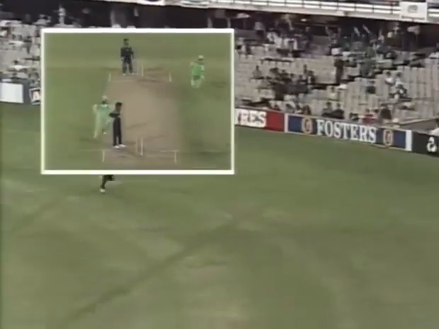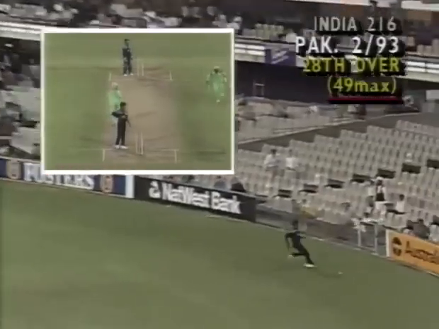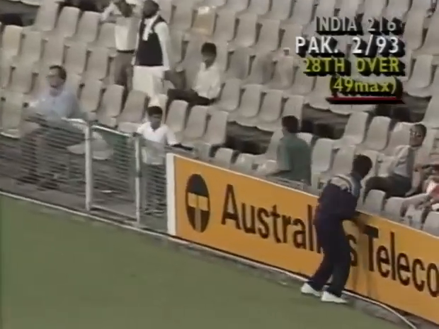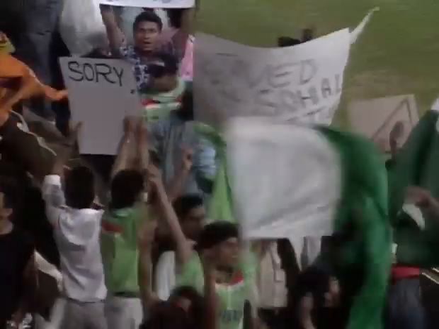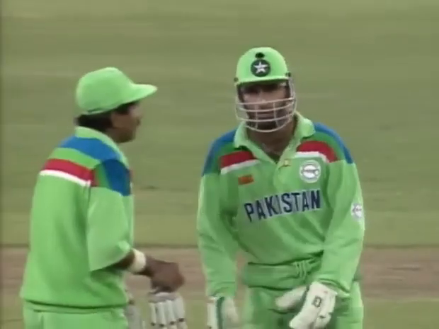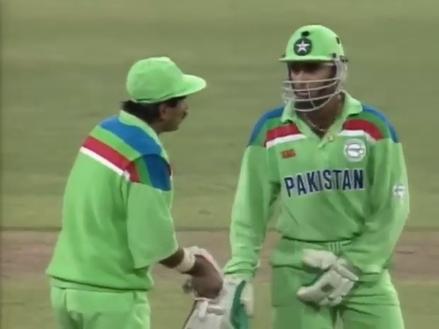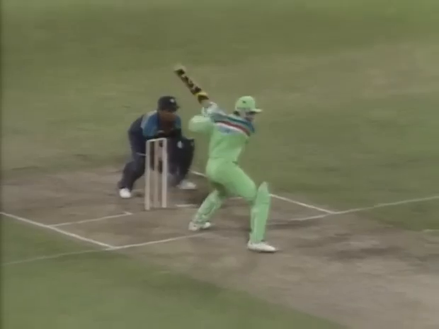Gives that a bit of a thump. And just enough to get it to the boundary. He really clubbed that one. As I said, he might not play shots out of the textbook, Sohail, but he's producing a good innings here for Pakistan. That was beautifully placed. Yes, he's not what you'd call a pretty player, but he's very, very effective. He's beaten past the outside edge on quite a few occasions at the start of the innings. Didn't worry him in the slightest.